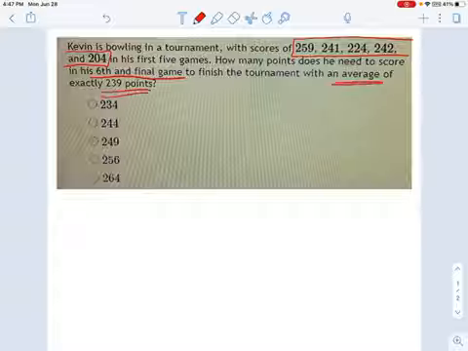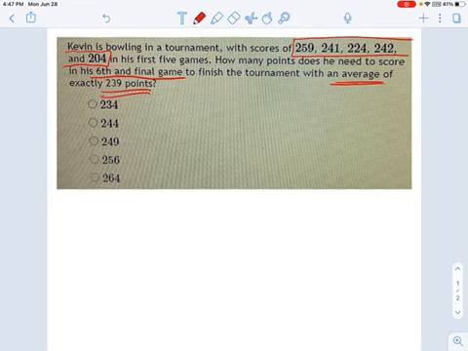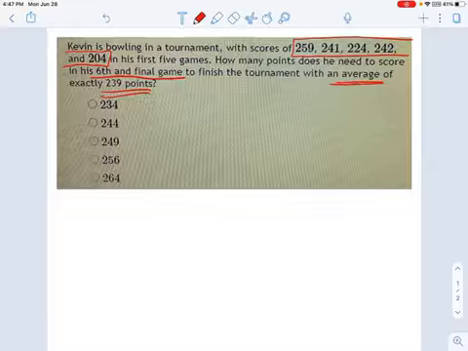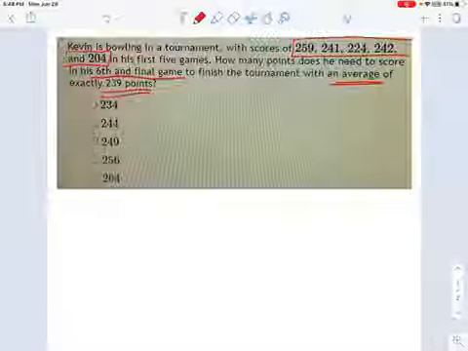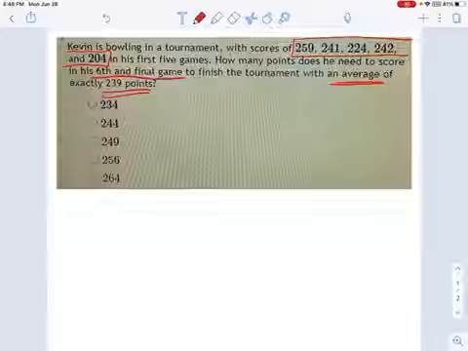So this is a little bit more of a sophisticated averaging problem because it's asking you what score is necessary to get a certain average. It's not asking what the average is of these 5 scores. Although, if you average these 5 scores together, you might find that number in this list. That would be a trick. What we're doing is we're averaging 5 known scores with an unknown score together. So here's how you do it.